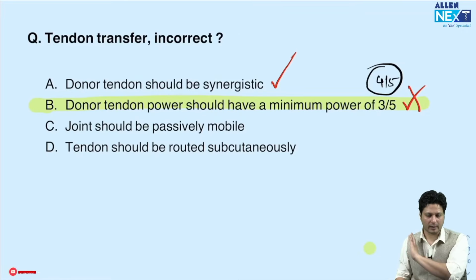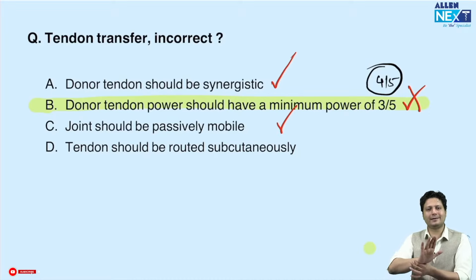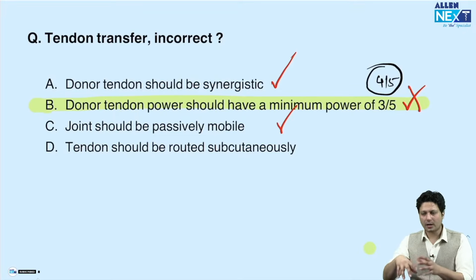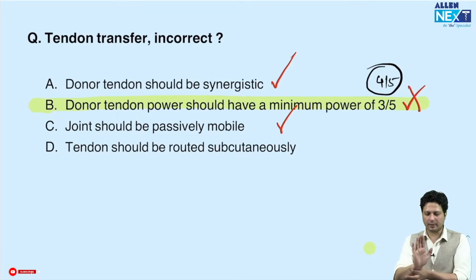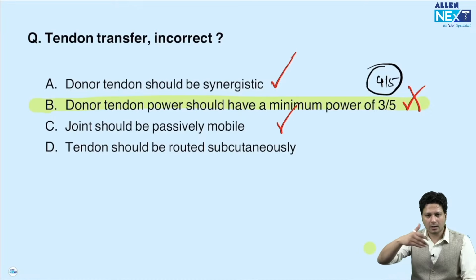It should be at least 4/5. 5/5 is best. Then the joint should be passively mobile. Obviously, if the joint is adhered, if the joint is ankylosed, what is the point of doing the tendon transfer? Because you cannot achieve any mobility at a fused joint. So this is the primary requirement, that the joint has to be passively mobile